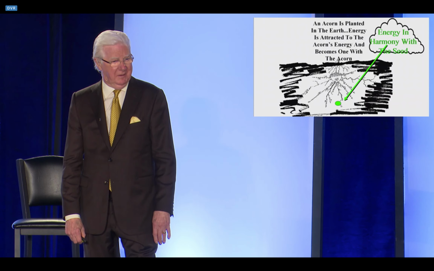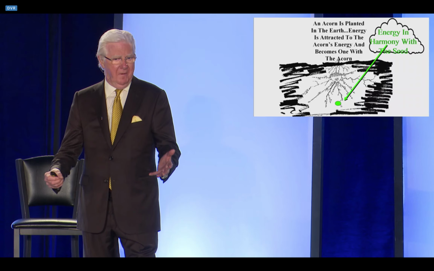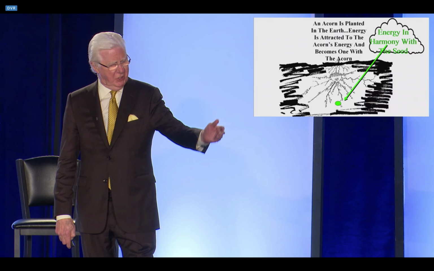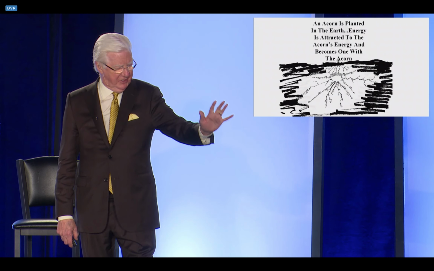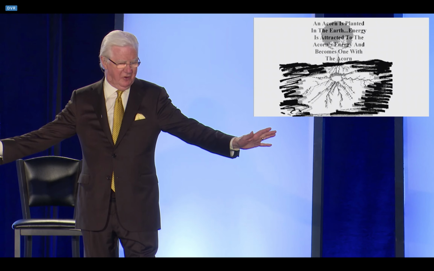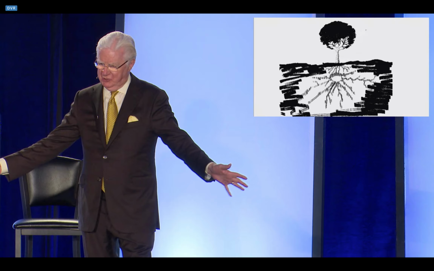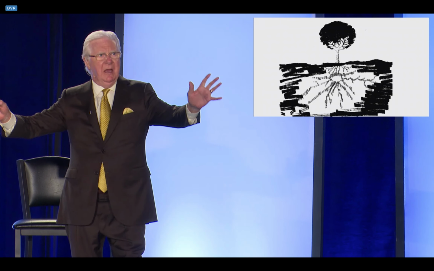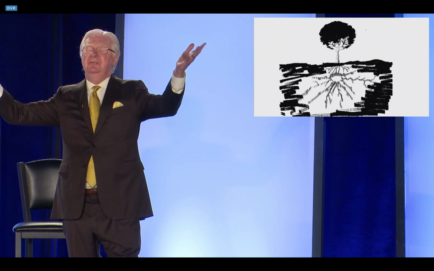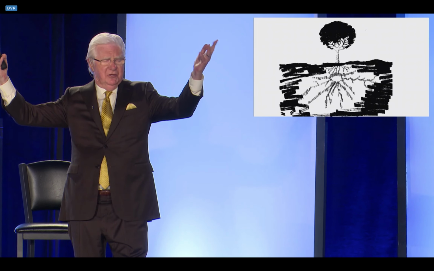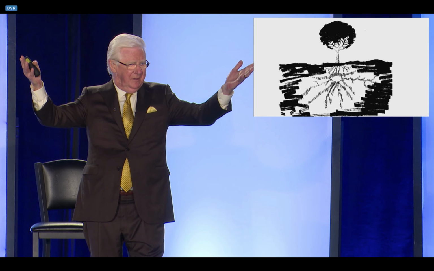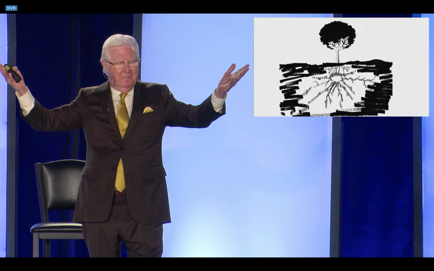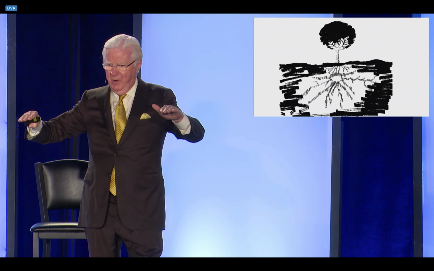I want you to think. This is really powerful information. So watch what happens to that acorn when it becomes one with the acorn. It does the only thing it can do. It causes the acorn to expand. And shoots come out of the bottom, and then shoots come out of the top. Now it's attracting from the atmosphere as well as from the earth. See, there's energy in the atmosphere. There's energy in the atmosphere that is required to make leaves and trees and stumps. And it's all here. But it will only be attracted to what it's in harmony with.